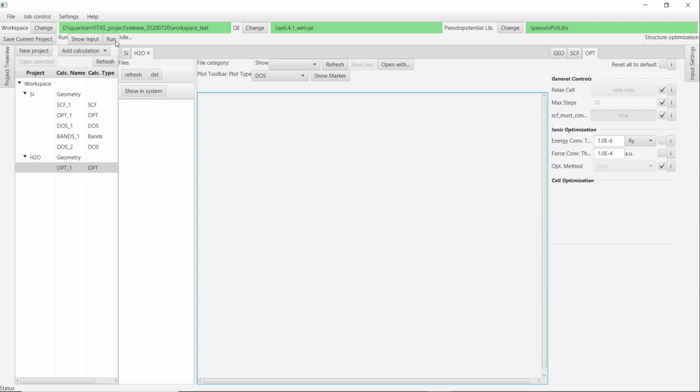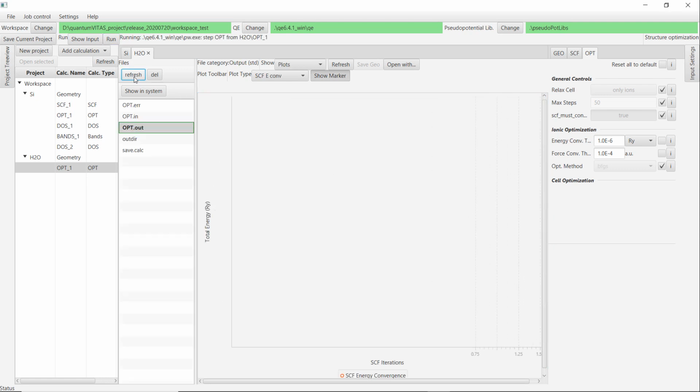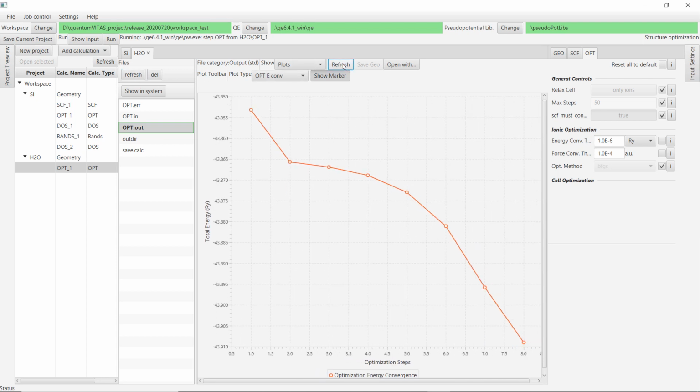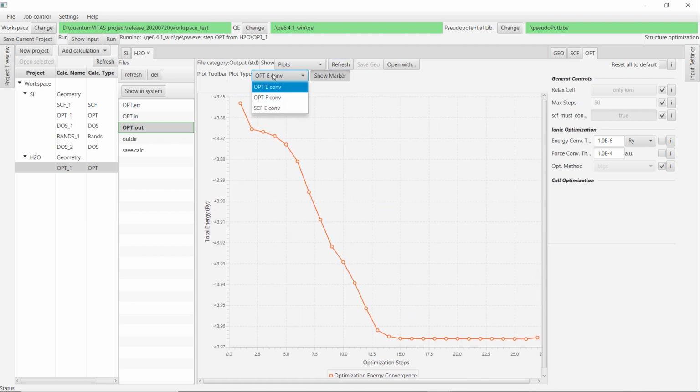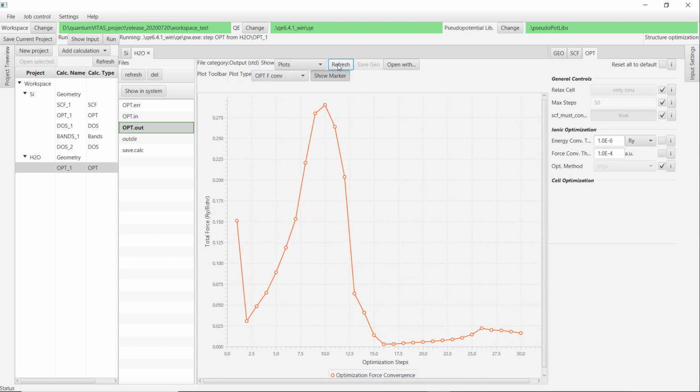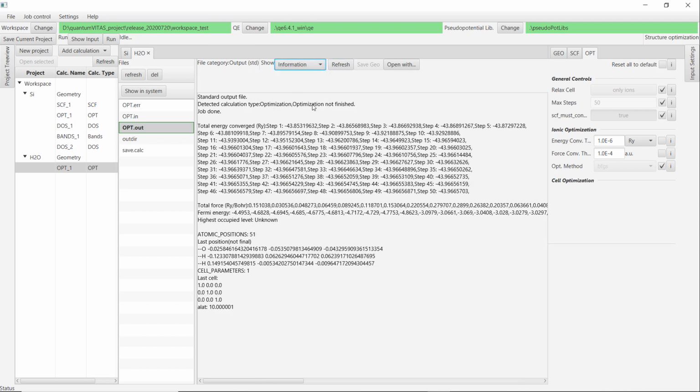Okay, and now we could run a calculation and refresh, and then refresh here, it gives you the updated plot. Could also see the force here. Now it's finished. The problem is that here the optimization is not finished. So what we need to do is that we need to increase the maximum steps and then redo the calculation,